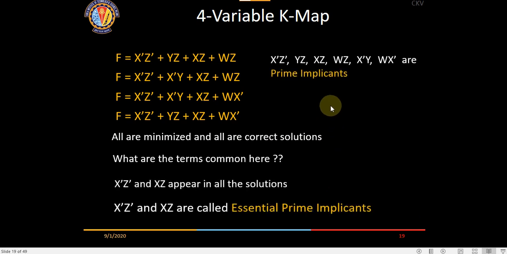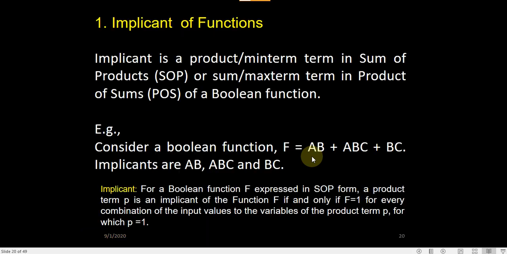So now there are some definitions of prime implicant solution. The textbook definitions are a bit difficult to understand. I'll give you a simple way to understand what an implicant is. Firstly, what is an implicant? The definition of implicant: it is a product term, a minterm in sum of products,